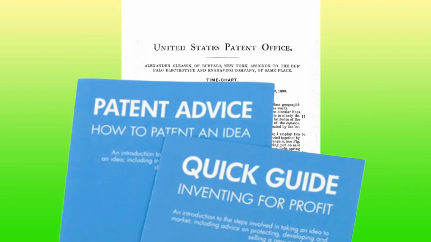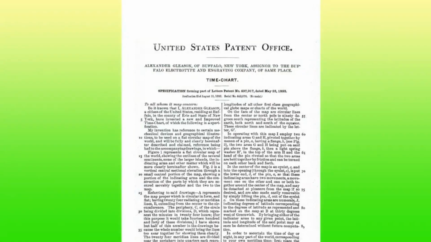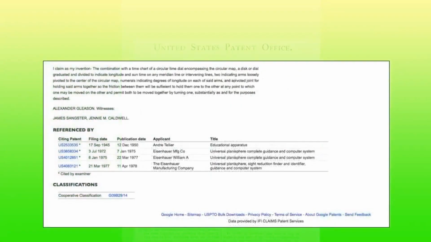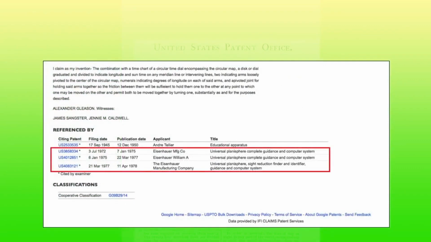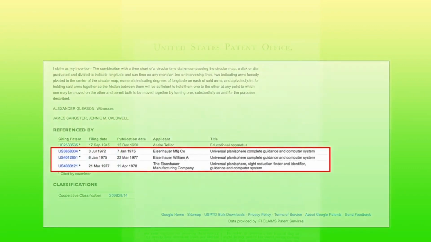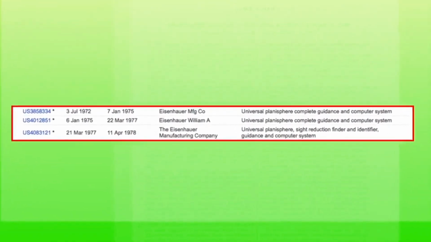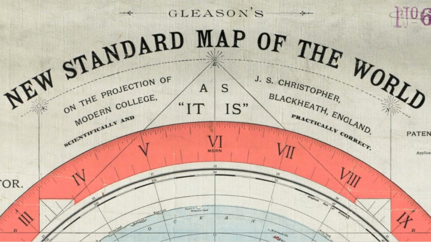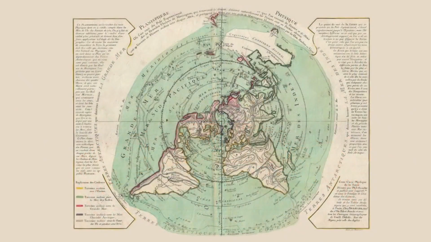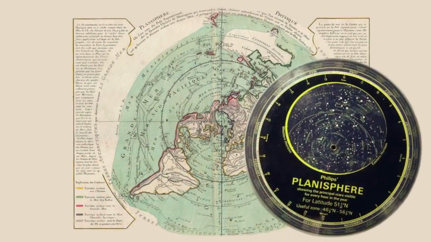So let's see if anyone else thinks Alex Gleason's layout is credible. If you run a search on the internet using Alex Gleason's patent number, you'll find that there are 3 patents that use his map, all granted in the 1970s for a device called a Universal Planisphere Complete Guidance and Computer System that was invented by one William A. Eisenhower. In the same way that the ground can be mapped as a planisphere, so too can the skies,